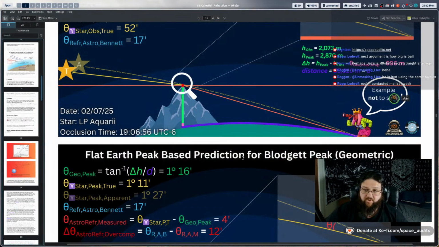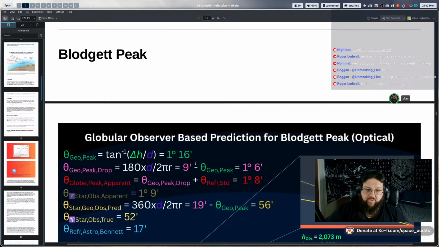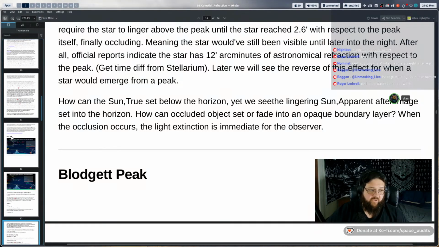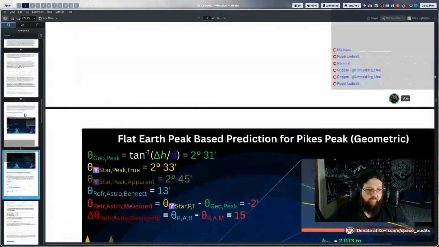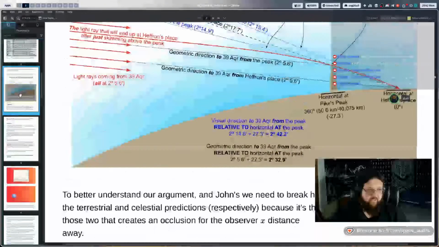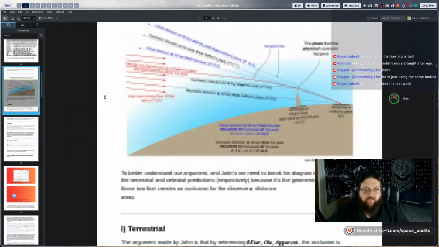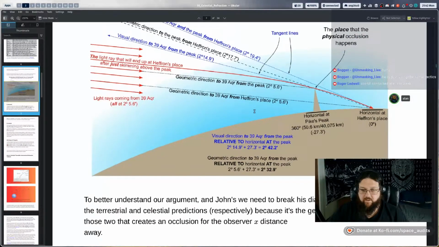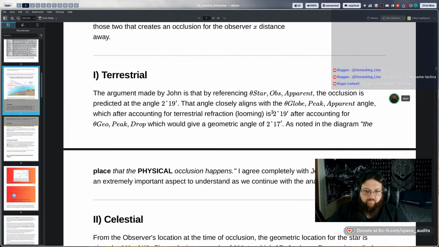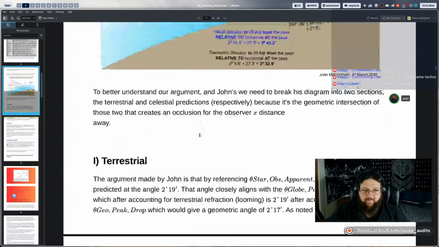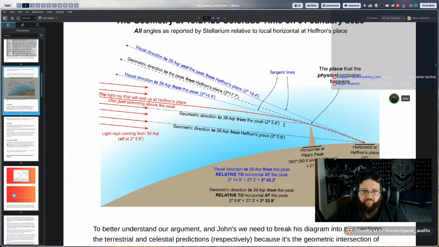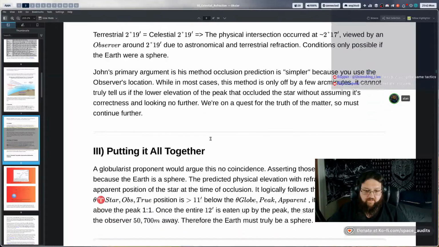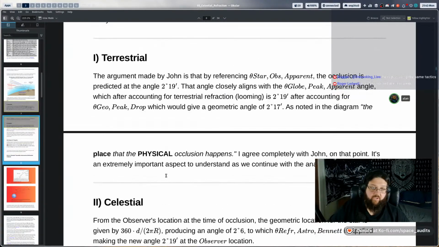But yeah, a lot of the argumentation put forward from the Globe lads over the last couple of weeks, they've solidified their position, made it very clear. We went over John's, I'm saying John because he puts it forward the most, but it's the mainstream Globe position, essentially. I don't think any other globularist would say that refraction doesn't lift things up 1-to-1. That's pretty well accepted. And mathematically, if you were to work out the conditions to make this match under the premise put forward, it has to lift it up 1-to-1. So showing that isn't the case is extremely significant and will be hard for them to overcome.